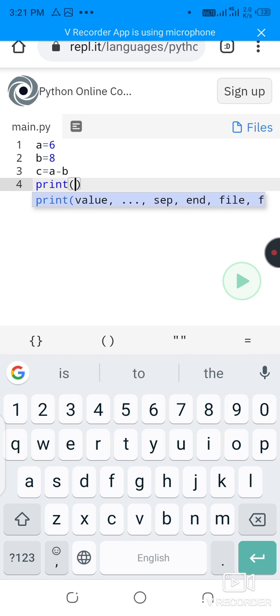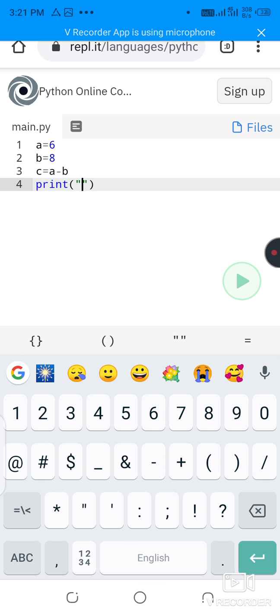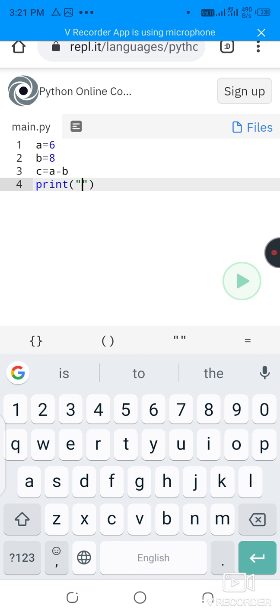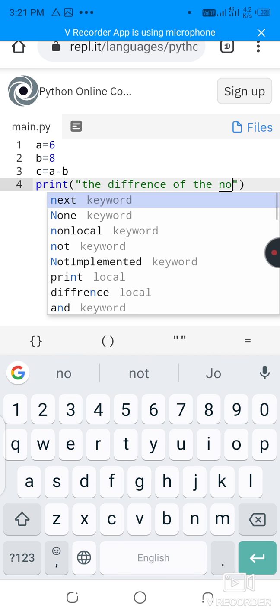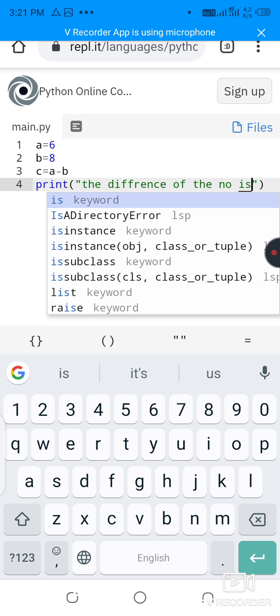Then we have to write print bracket, and this is compulsory in addition and subtraction, and then we have to write the difference of the number is.